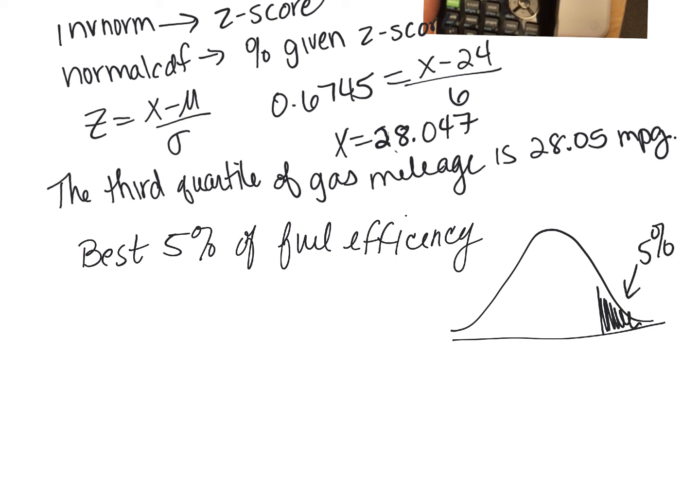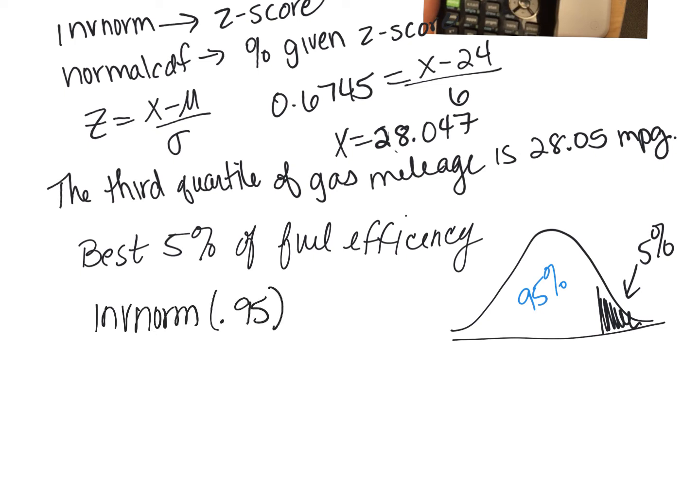So the upper 5% is the best, but if I'm using the left key, I'm looking at what is that z-score? This z-score for the lower 95%. The value is going to be the same because it's this z-score that represents where 95% is below it and 5% is above it. So we're going to do inverse norm,